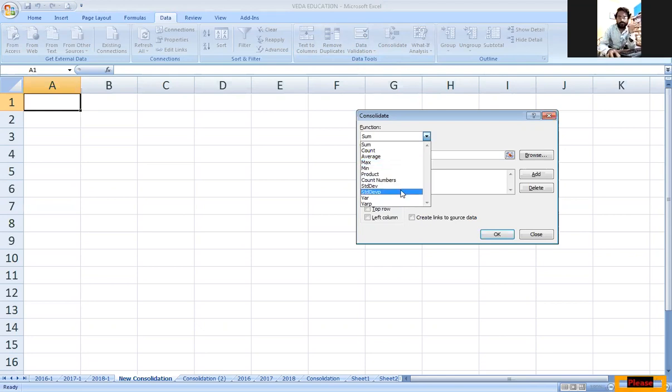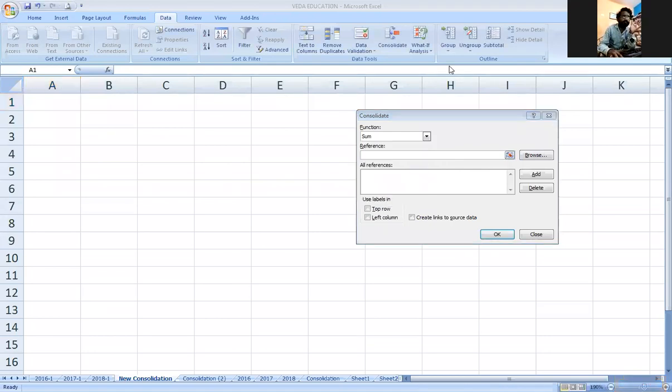I need to go for the summation of the values. Why? Because I need the sum of the sales performance of A salesman, B salesman, and C salesman in one column for January, February, March in the different years. I need to make the sum of the sales made by the three salesmen. And for this purpose, I went on to the figure like this.